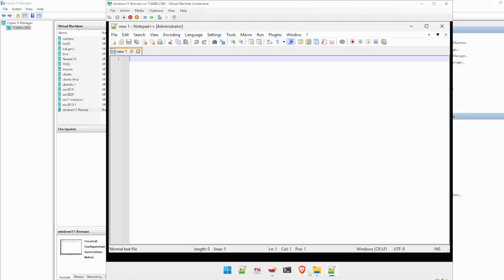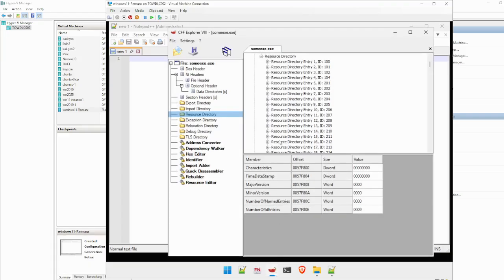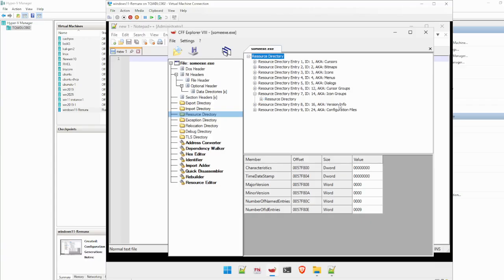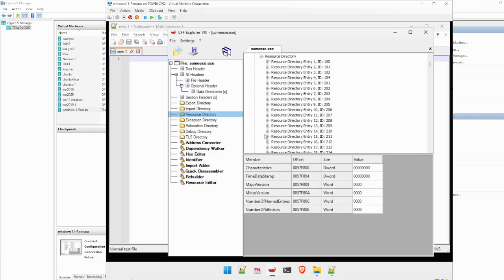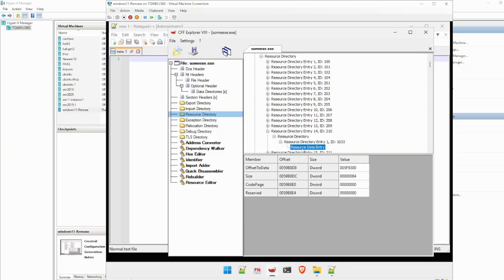These icons it is showing me here. So I have a resource directory, and this is where all the icons are coming from. If you want to change a particular icon, you can change that icon. So you have the resource directory, all that.